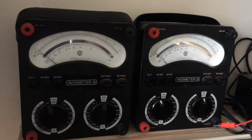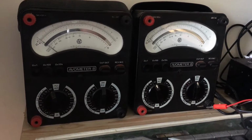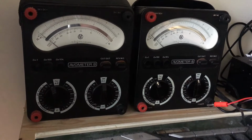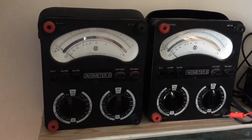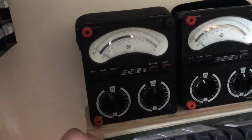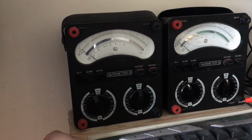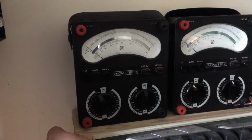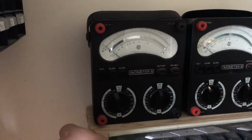Not been overly successful in buying these. They either go for really stupid money, which I won't pay because I'm not an idiot. Got these, I think this one was a 15 quid or something like that, this lefty, turned up. Yeah, they have battery leakage. They've got oddball batteries in them. They use an old D4 cell, the big chunky mother,